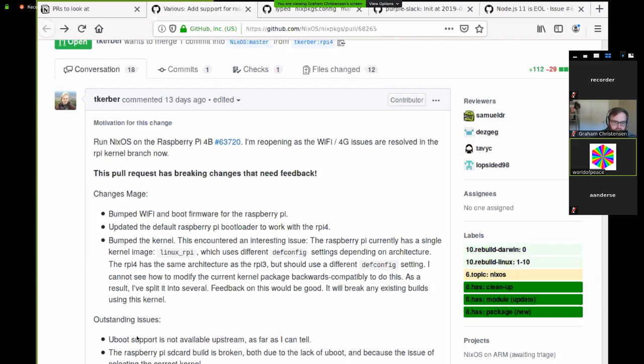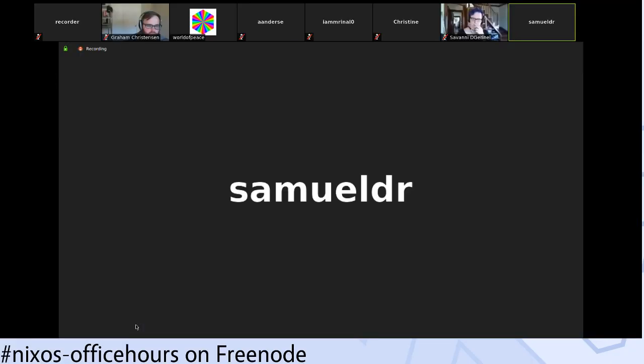I was almost thinking this is more something that could go into a repo like NixOS hardware, that the kernel changes could go into the main Nix packages, but the image building stuff could go somewhere else. But maybe something to talk about later when there's another board that wants to get included, and we'll see. Maybe we just remove the Raspberry Pi specific build once it gets mainlined.